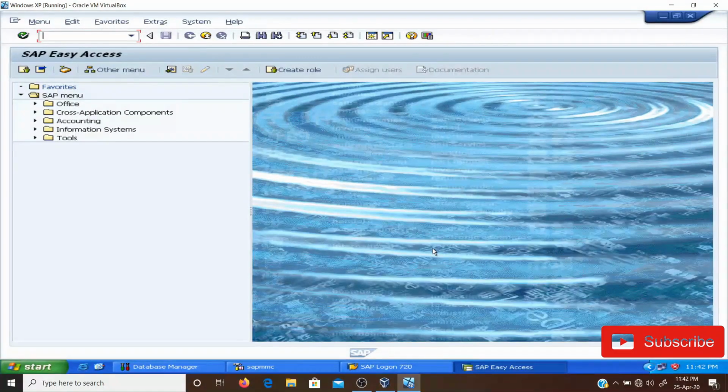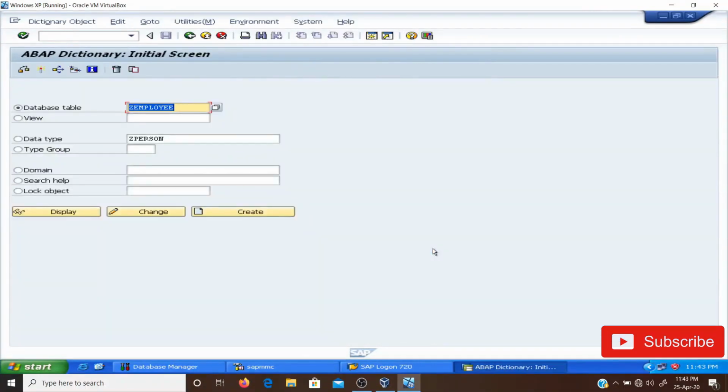By the activation log, we will check whether the table has been activated or is in inactive version. For making the transparent table or the structure, we use the transaction code SE11. So step 1 is go to the ABAP dictionary by using the transaction code SE11. Now we need to create a structure.